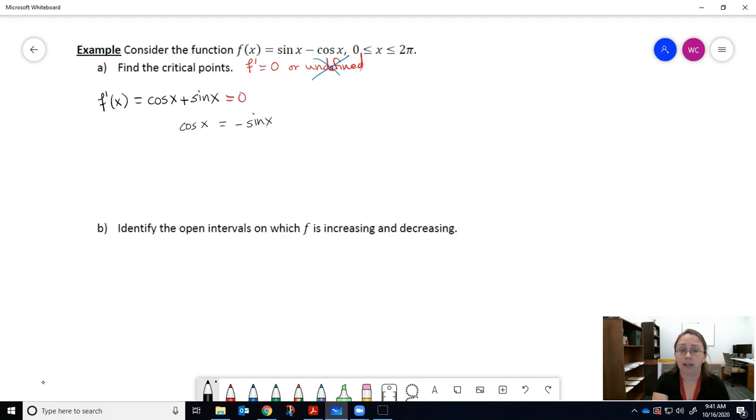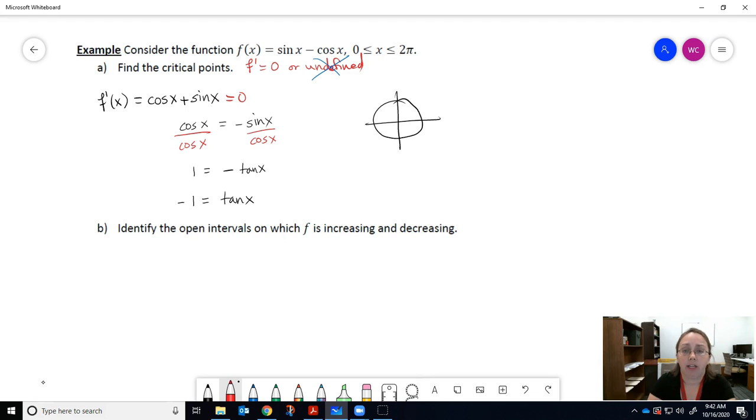Now I see that I could actually divide both sides by one of the trig functions. If I divide by cosine, for example, I end up with sine over cosine. That's something that we should know. So we now have 1 equals negative, what's sine over cosine? Tangent. If you don't remember that, you need to review your trig identities. Negative 1, if we bring our negative sign around, is equal to tangent of x. Now you could do the inverse tangent, but basically you're just trying to figure out what x values make tangent equal negative 1. So if we go around our unit circle,